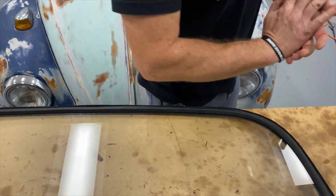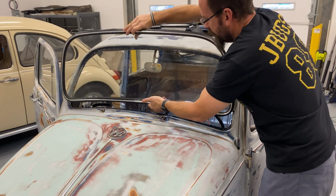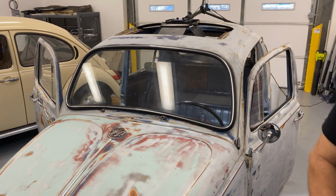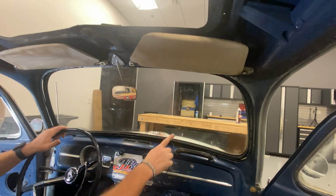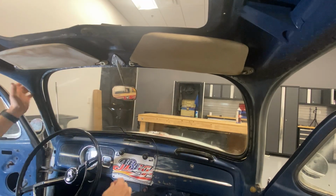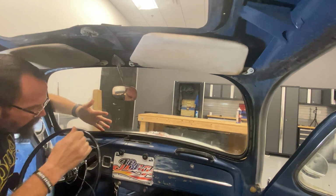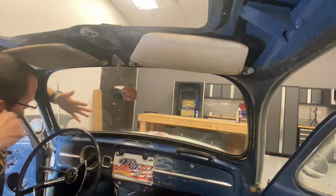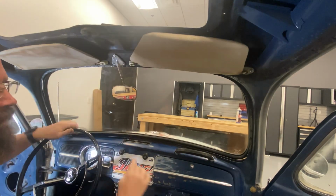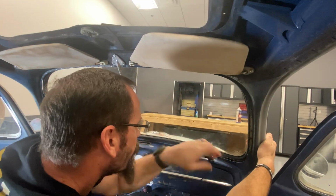I'll run my drawstring through and get that in the car. Put those wires on the inside. Get the windshield set in place. Now that we've got our wire hanging towards the inside, we're going to hold the window in place on the outside and pull this wire, which pulls that rubber lip into place. We got one side, we'll come over to the other, pull the windshield in place again, pull that wire up